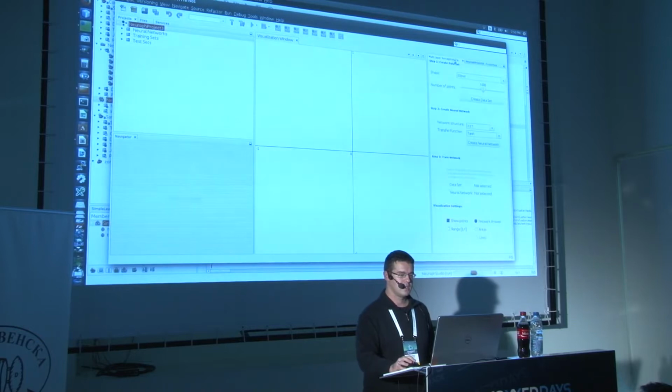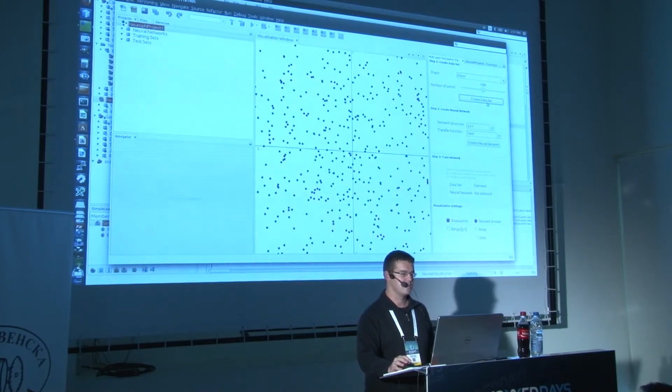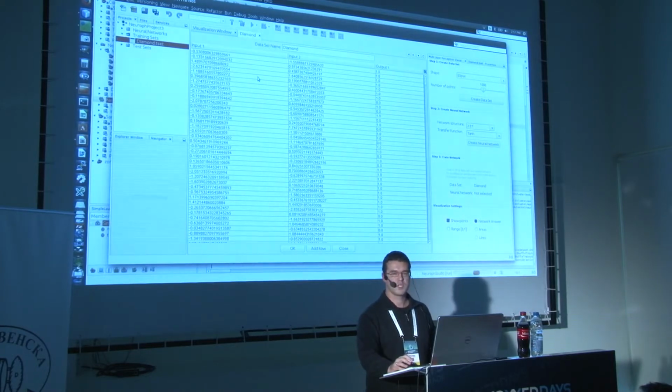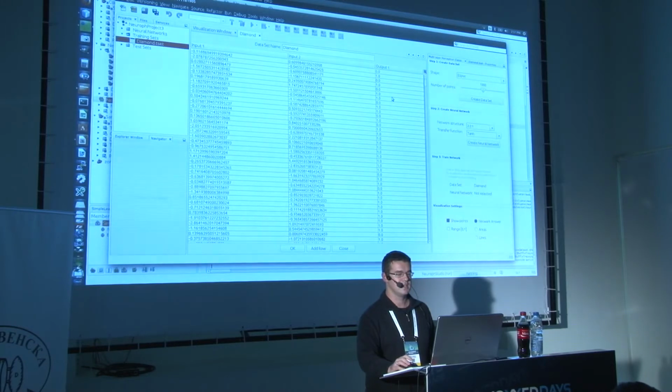So in this wizard we can easily create some problem, let's say a diamond data set. Okay, so what you are looking at now here is a diamond data set. You see blue dots on the inner side of the diamond and the red dots all from the outside. If we take a look into the data set, you will see a list of randomly generated numbers in this space, and if it is red, it is outside of the diamond, and if it is inside of the diamond, it is 0, so blues and reds.